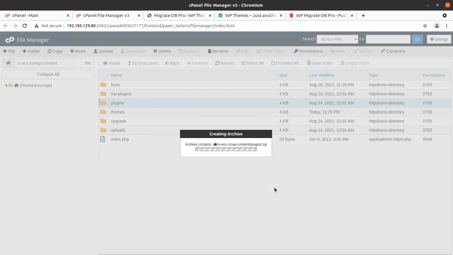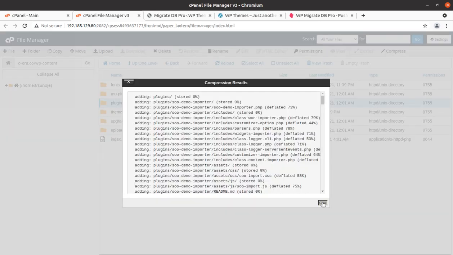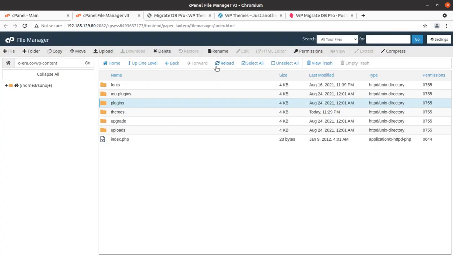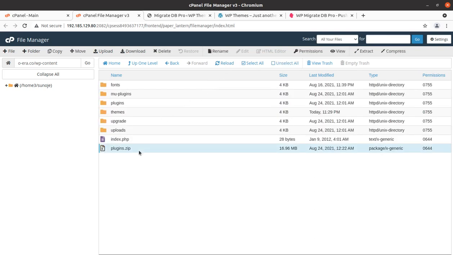It is not so big, and I'll take plugin backups directly from here.